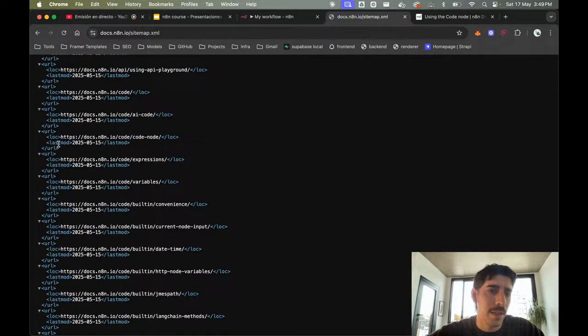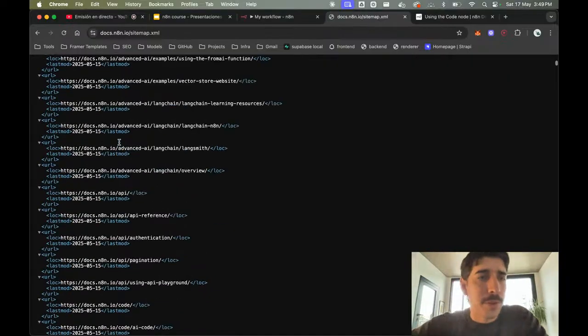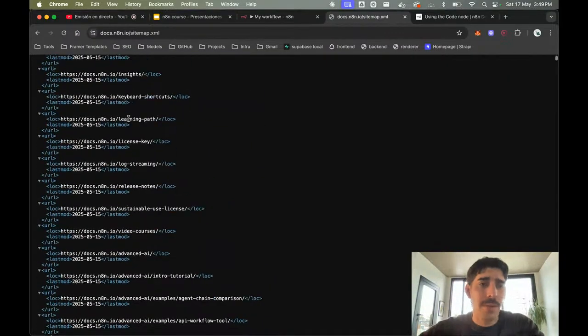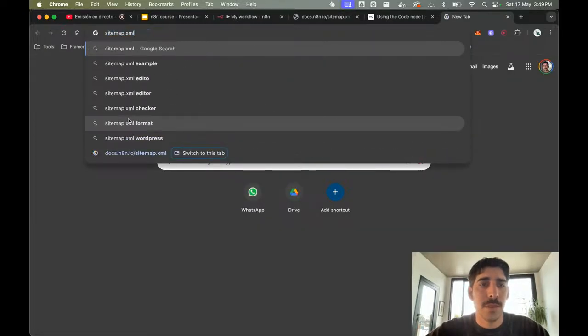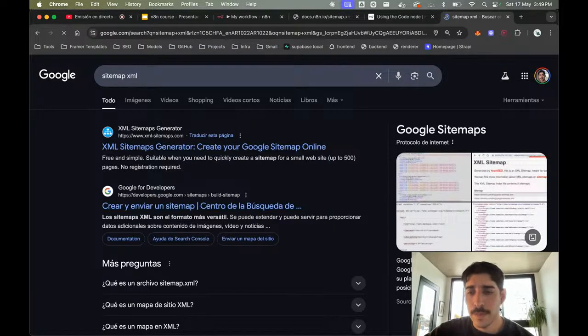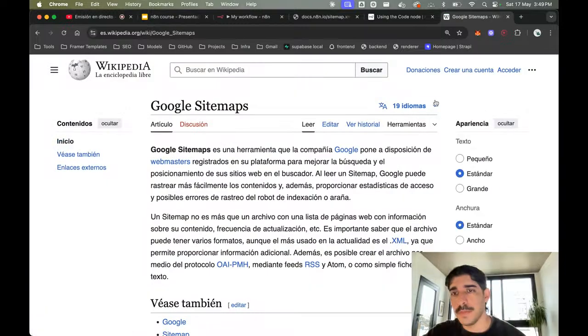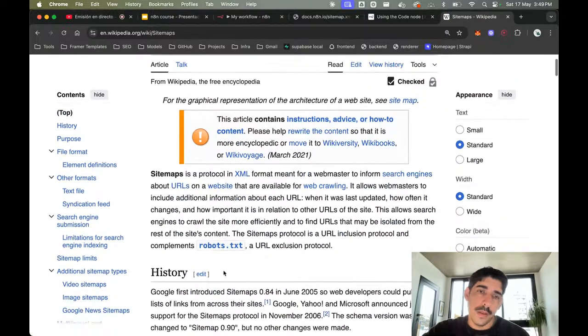We have a last modification, which is very helpful. I'm not sure if this is a standard structure of it. We can investigate about it for sure. Sitemap XML. Yeah, sitemaps is a protocol format.